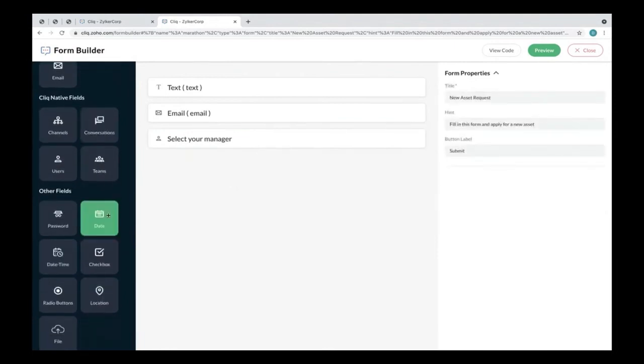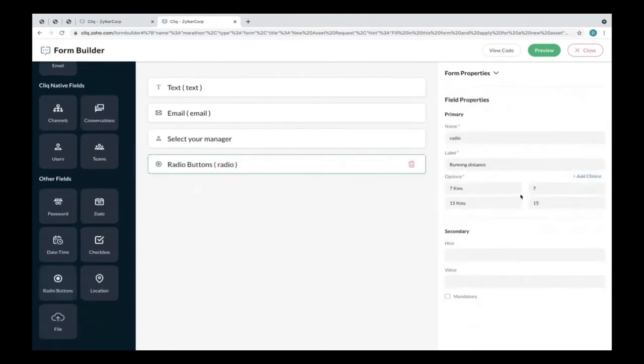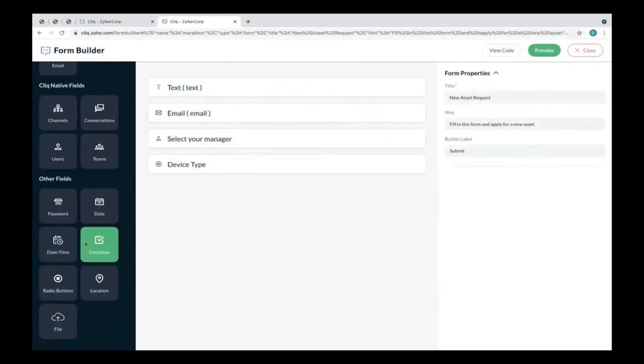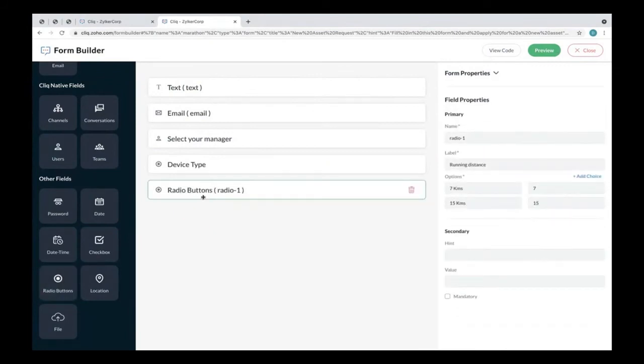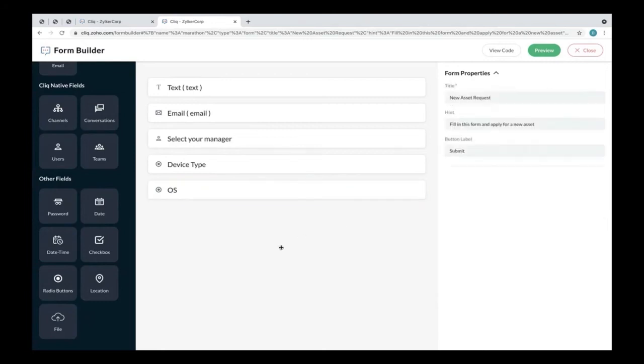The fourth input was a radio button, which was used to select the device type. So, laptop and mobile were the 2 inputs there. Upon selecting that, the last and final input was used to select the OS. So let me add Android and iOS as the input for the radio button. So now we have the 5 inputs ready.